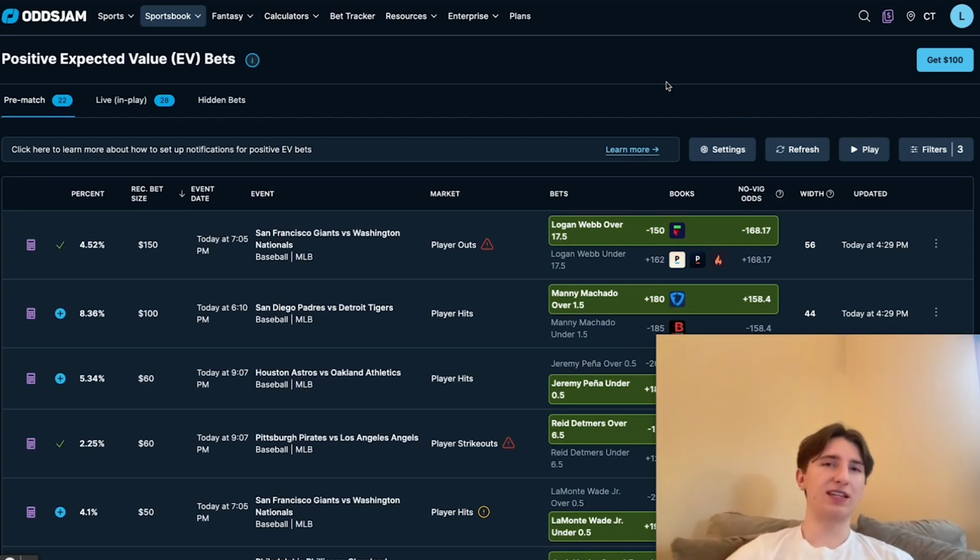If you have 17 different sportsbooks available to you, and 16 of them say that one team is more likely to win, or the over is more likely to hit than the under, and the 17th book disagrees, the 17th book is probably wrong. So instead of just looking at sportsbooks as places for you to bet, you can start looking at sportsbooks as projections and predictions for the game, and then use these sportsbooks against each other.